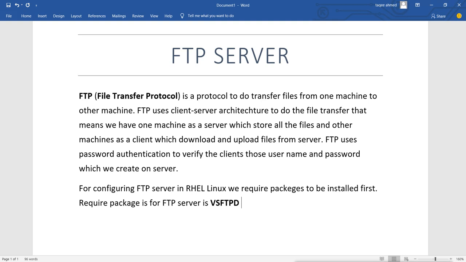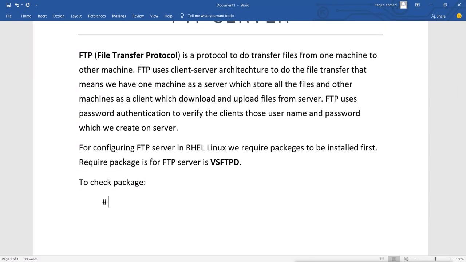First we have to see whether the package is installed or not. For checking the package, we will run this command: rpm -q, and then we mention the package name. This time the package name is VSFTPD.